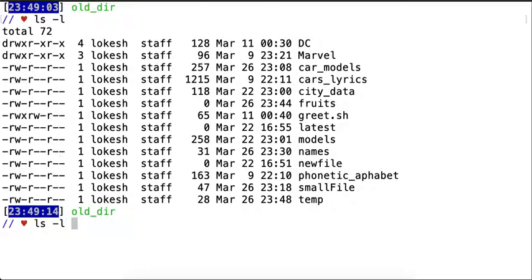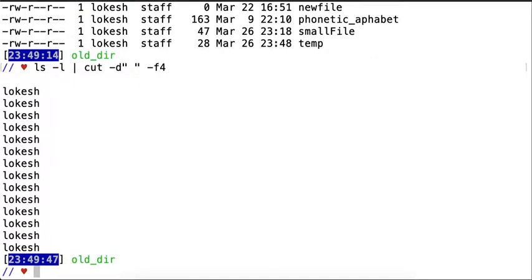We can do ls -l. We see there are spaces, so we can give delimiter as -d space -f 1 2 3 4. This fourth column, if we give, it should give us staff, but you can see it doesn't work